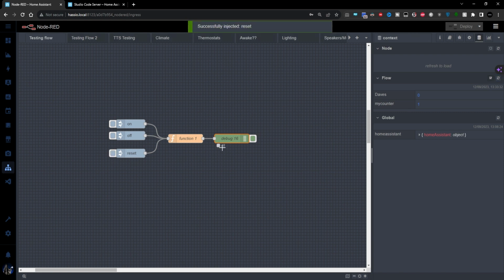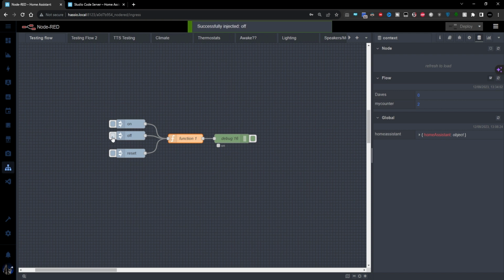And as you can see, because we've reset it, it's sent an off. And if we look at that counter now, we can see that's now gone to 0. So the output of the function node won't go on until it receives 3 ons itself. So if I go 1, 2, and we just check the counter, see that's on 2. Now if I press it a third time, this will go on.